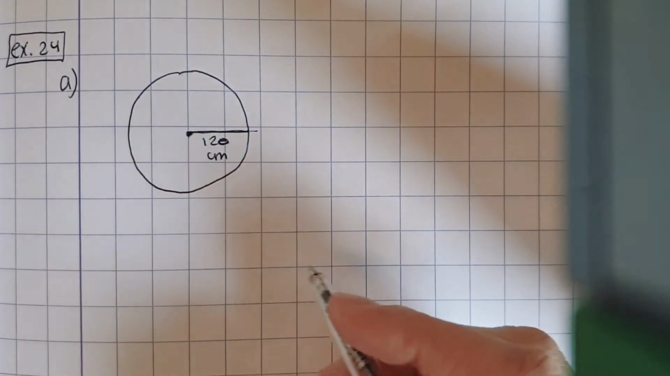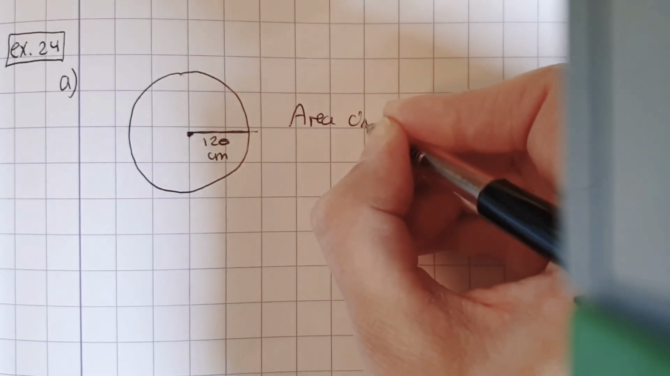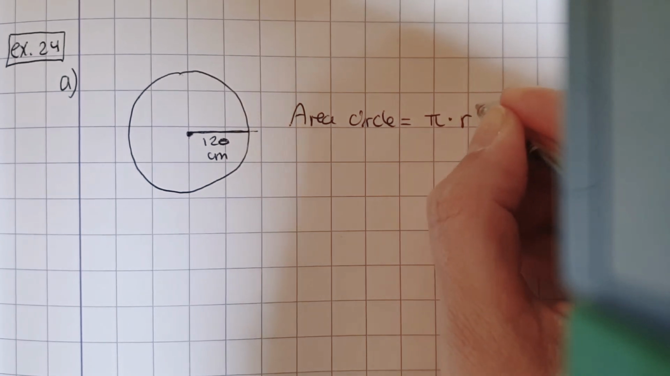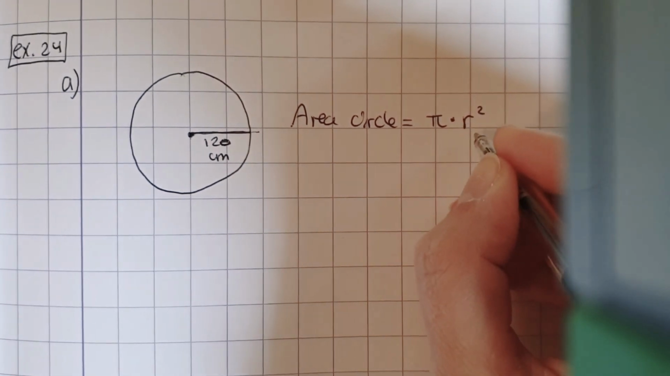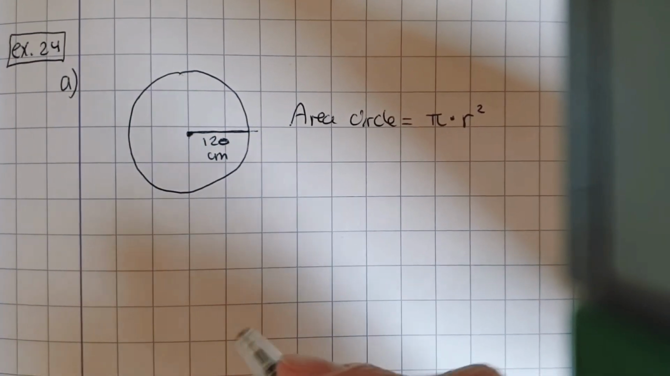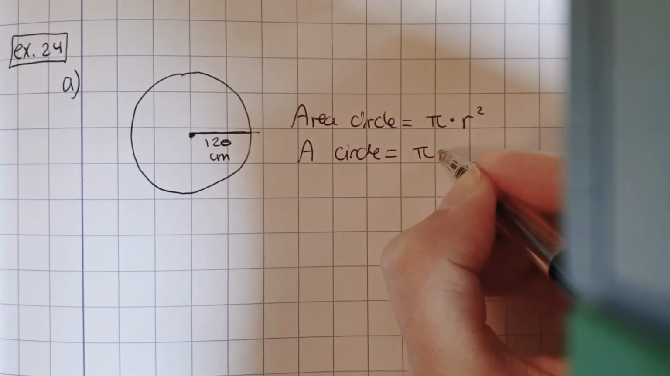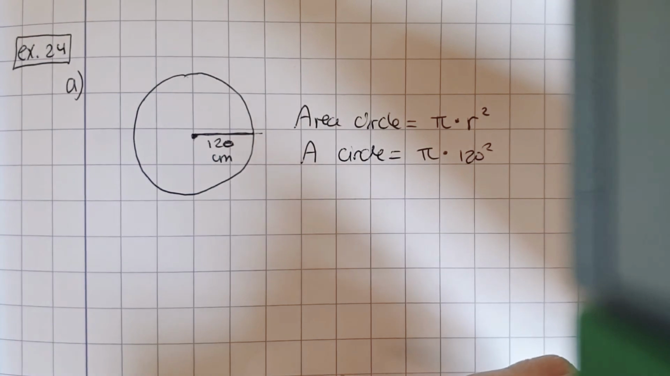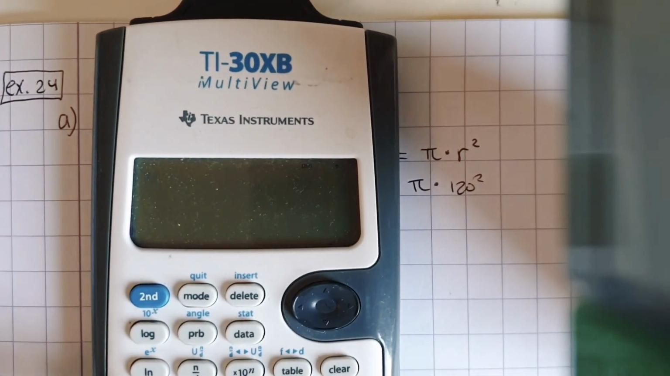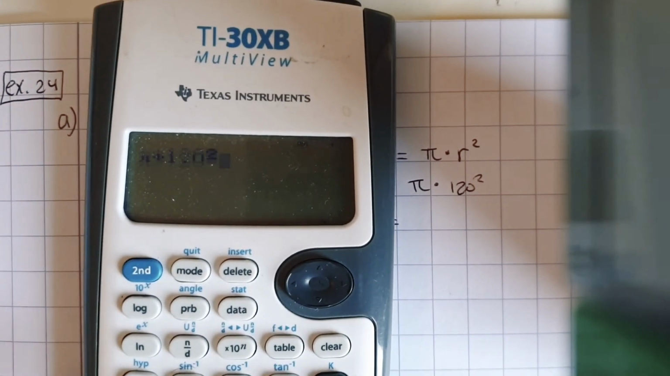Now, the area of a circle, the formula is area circle is pi times r squared. R stands for radius, so that's the midpoint to the outside. Now I'm going to fill it in. The area of this circle is pi times 120 squared. Of course, I need my calculator for this. I'm going to do pi times 120 squared. Pi, the button is here. Pi times 120 squared is